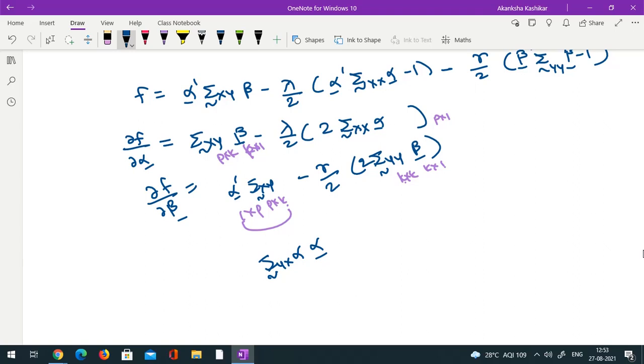Fine. See, what I'll do is, so this is a problem. And in fact, if you refer to your Montgomery's book on regression, in the appendix, I think they have discussed the differentiation with respect to a vector, differentiation with respect to a matrix, etc. So you can see that differentiating with respect to alpha in this setup is easy. You just get the remaining part. But differentiating with respect to a vector when it is a post multiplier is not easy. So what we'll do is, we will try to convert things into what we know.